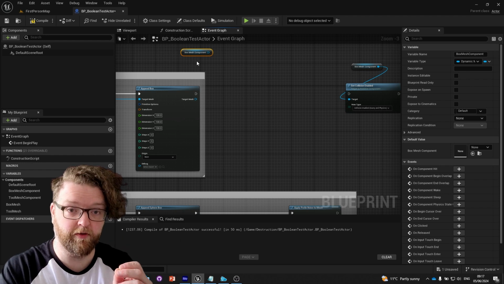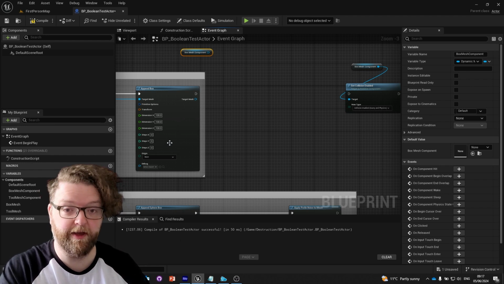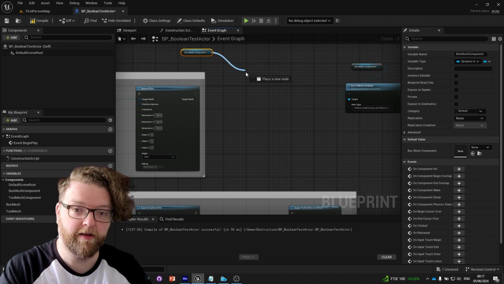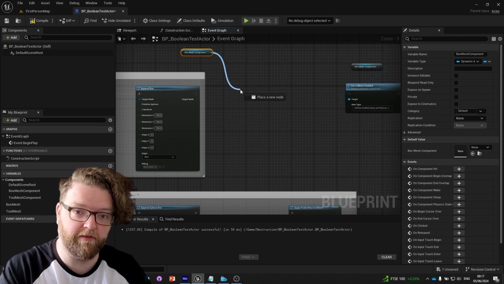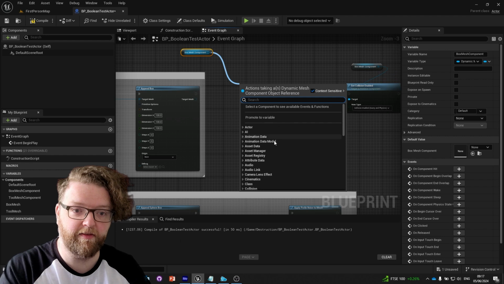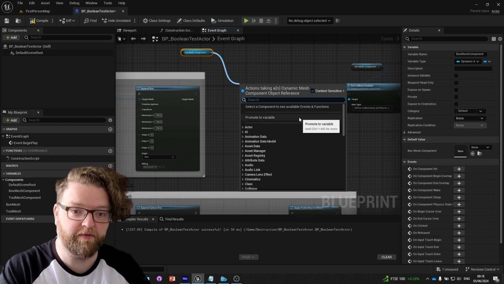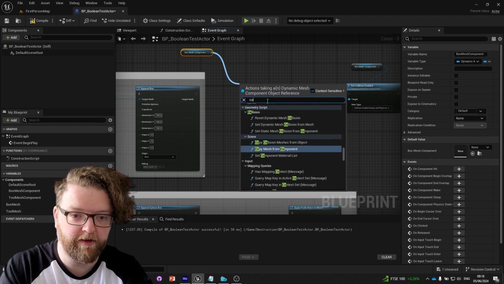One of the things we could do is look up the API, but one of the great things about Unreal is that when we drag stuff off of a pin and drop it, this is context sensitive. So this will show us stuff that is only relevant to what we've just dragged away from. And if I type in collision,